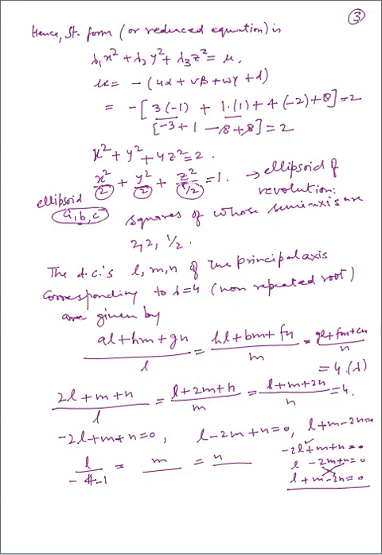M upon M is this, so M upon will be N into 1 minus plus 2, so this is L upon will be minus plus 4 minus 1, and N upon